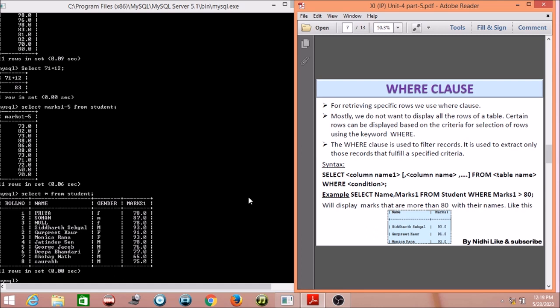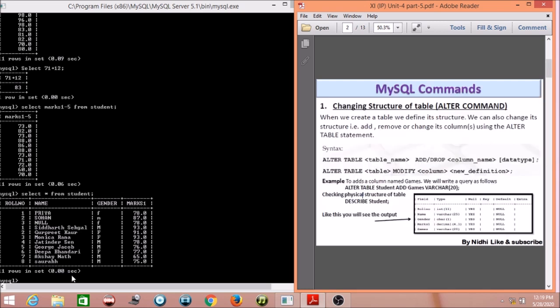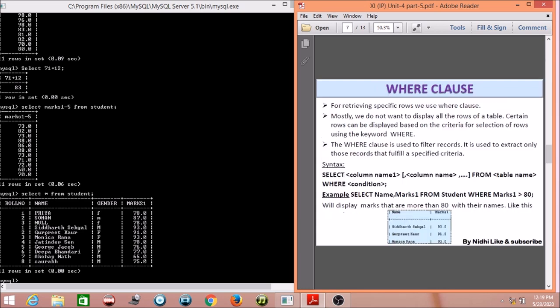Next, see here, 7th, where clause. If you want to give some condition, for that condition we can use the where clause. For example, I want to fetch the marks of the students who score more than 78. So for that I will write a query like this. Wait, 7th PPT, no? Okay, check it out.